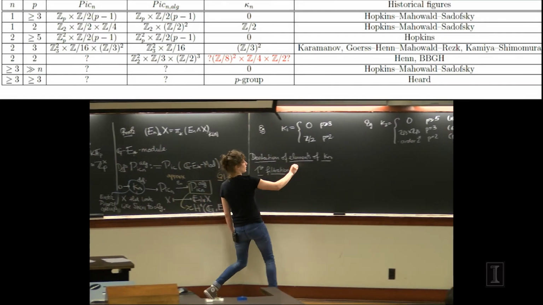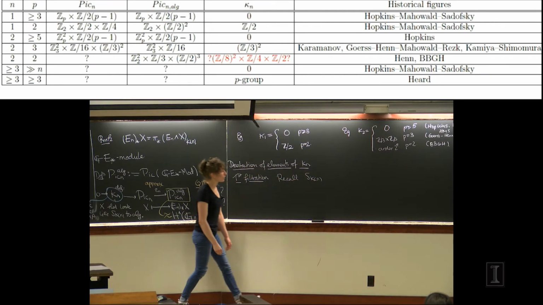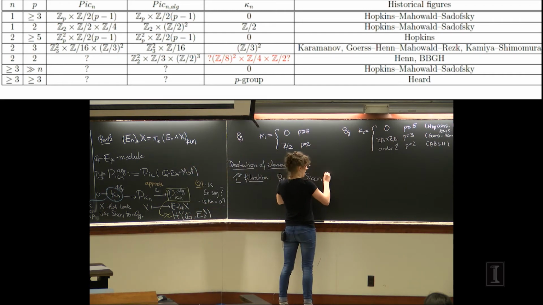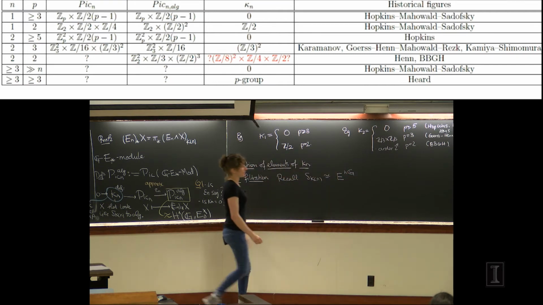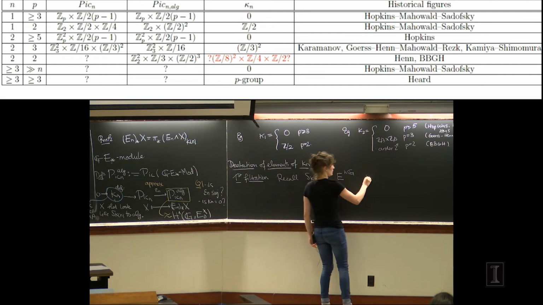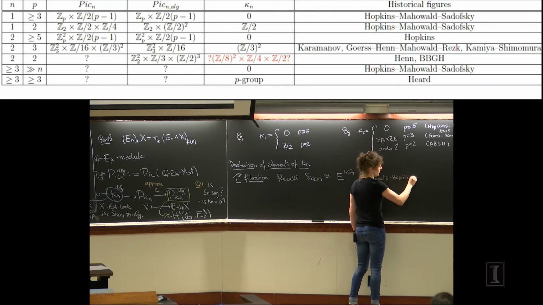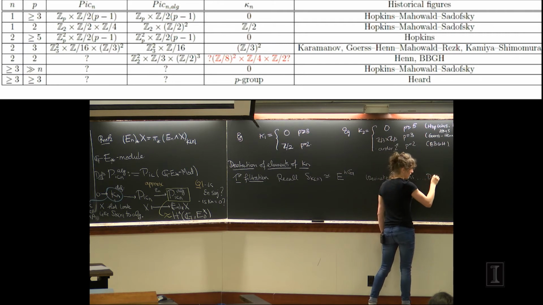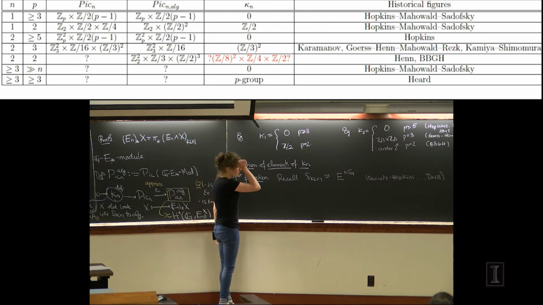So first, to recall, if I want to look at the K(n)-local sphere, which is the unit of Pic n, that's equivalent to the homotopy fixed points of E with respect to the group G_n. This is Devinatz-Hopkins, and it was also worked on a lot and made even more precise by one of the organizers, Davis, in his thesis. So we have this equivalence.